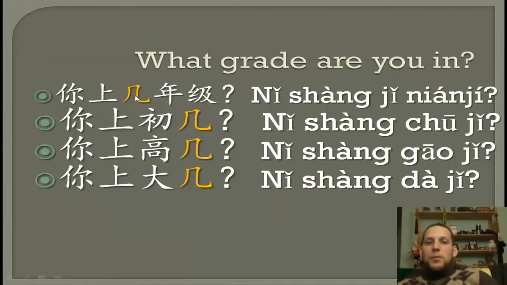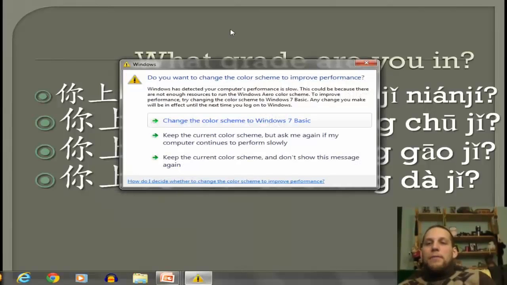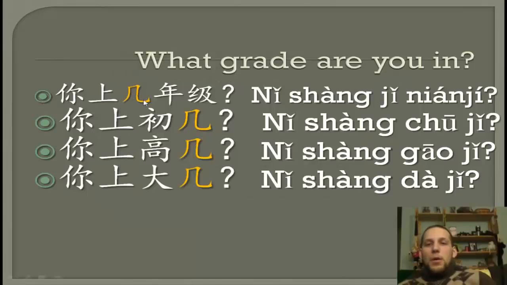Yeah, they all have this question word 几. Now 几 means how many. So in this case, it's asking for the number for that grade level. So when we answer this question, we will take out 几 and put in the number that goes with that grade level. Also, each of these questions has the character 上. Now, 上 in this case means enrolled in. So, which grade level are you enrolled in? 你上几年级？你上初几？你上高几？And 你上大几？